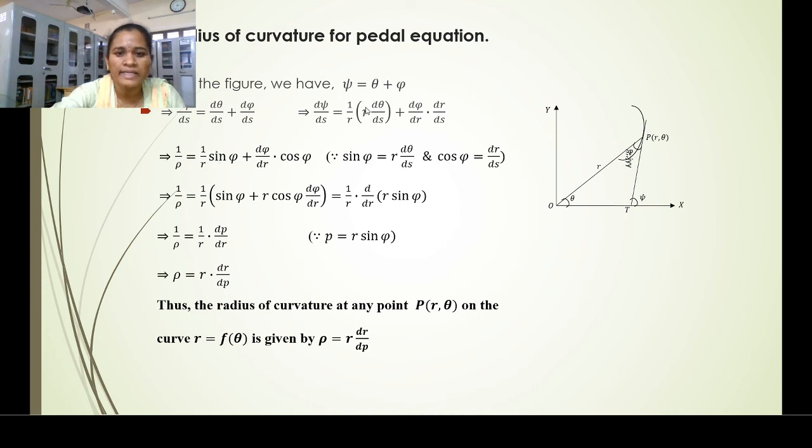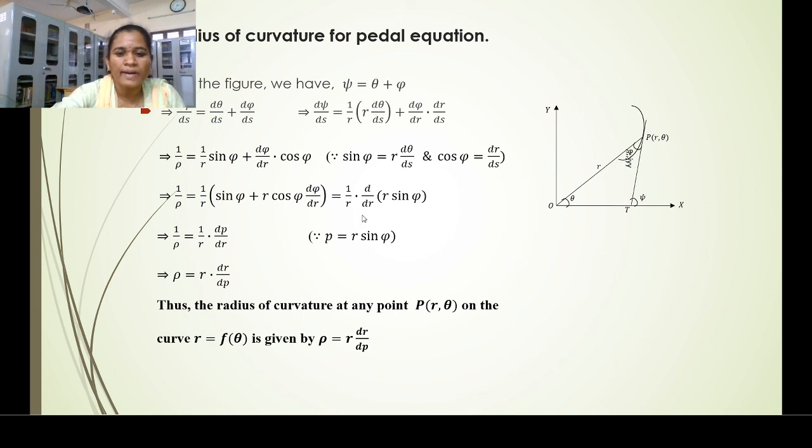Here r d theta by ds, already derived, is sin phi, and dr by ds, we know this result also, it is cos phi. Next equation: 1 by rho is equal to 1 by r as a common term, 1 by r sin phi plus r cos phi d phi by dr,